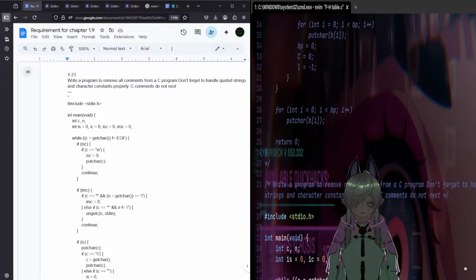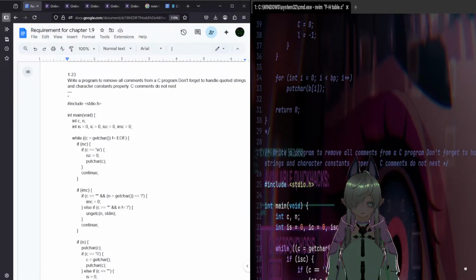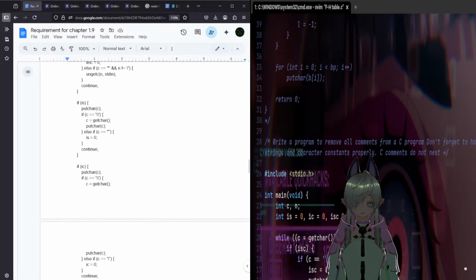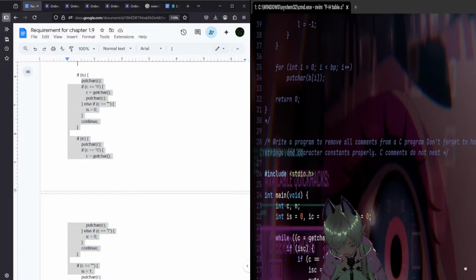n dash, I think this is when I was trying to change the stdn, I couldn't. stdn continue, put character c, character c, if c is equal to,